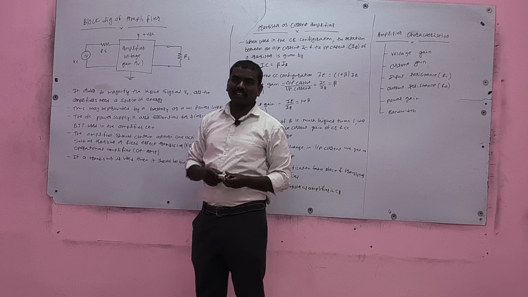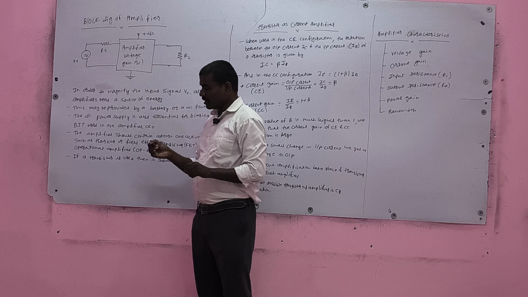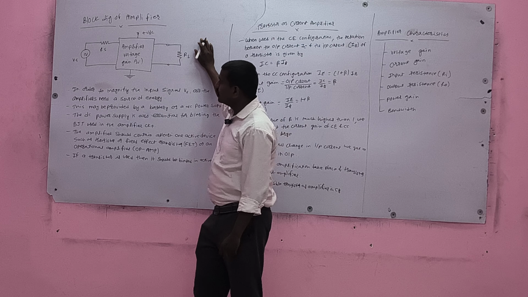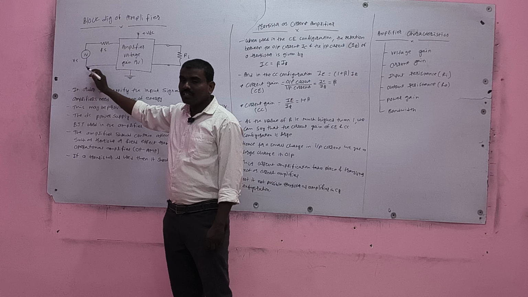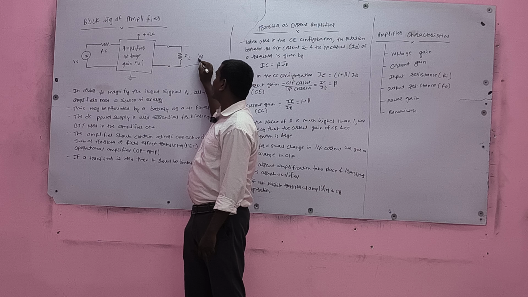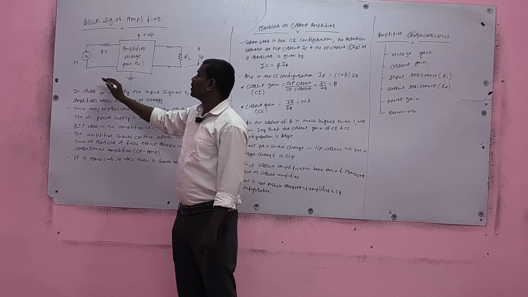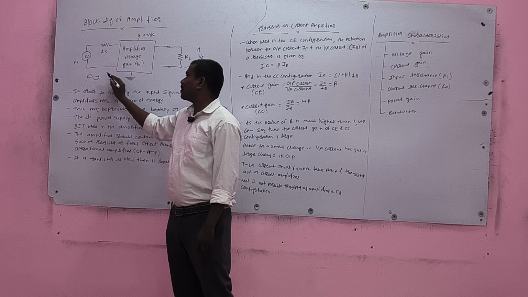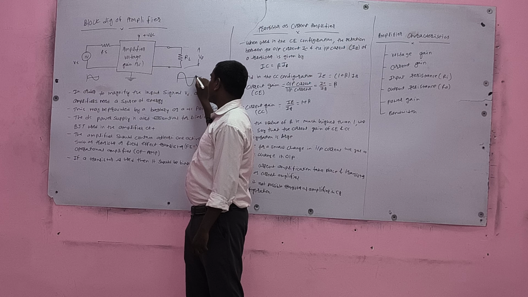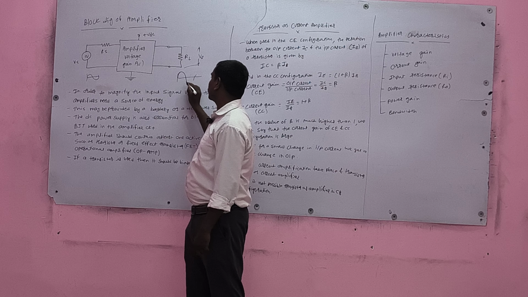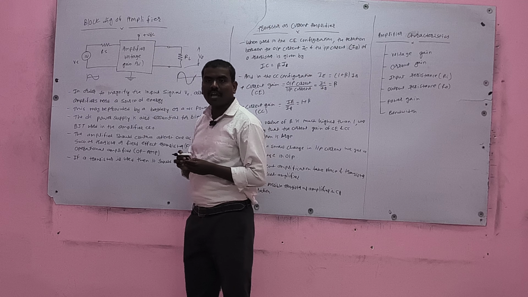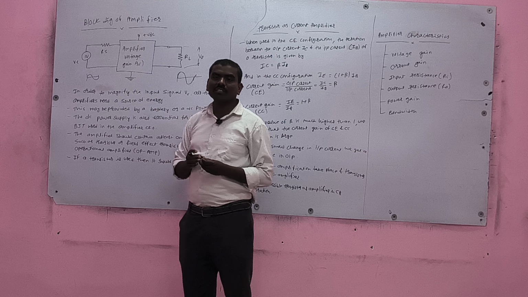Transistor act as amplifier. See here, this is a block diagram of amplifier. It consists of input supply, input resistance and load resistance and output supply. Input signal is converted into output signal by increasing its strength. So that means amplifier is an electronic device which amplifies the signal and converts weak signal into strong